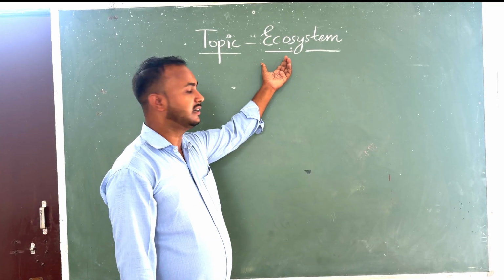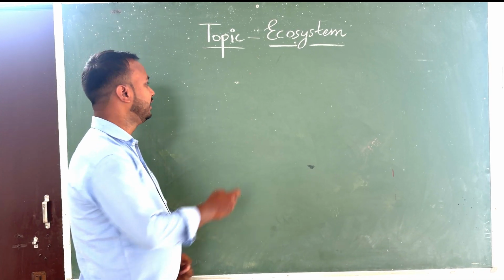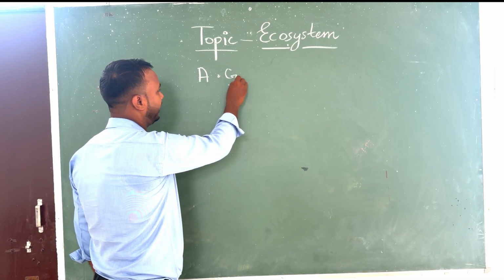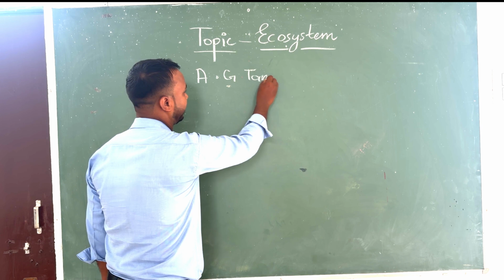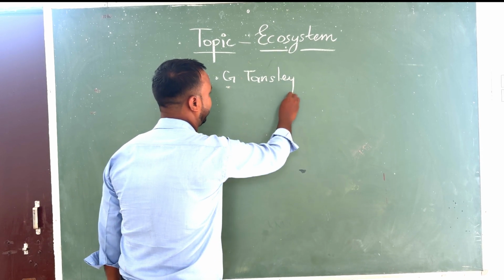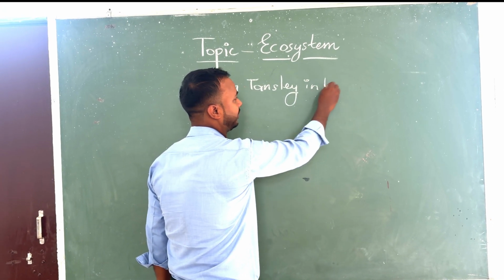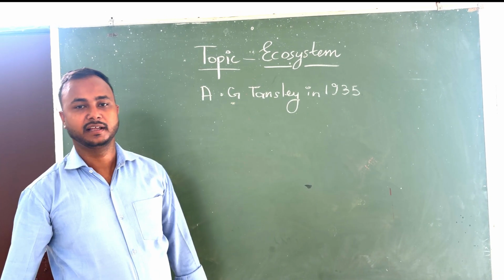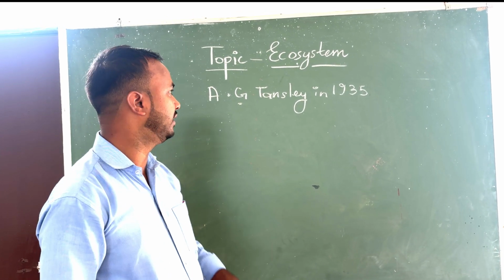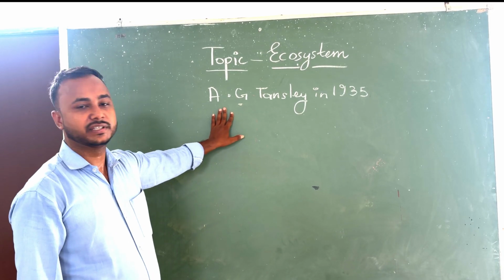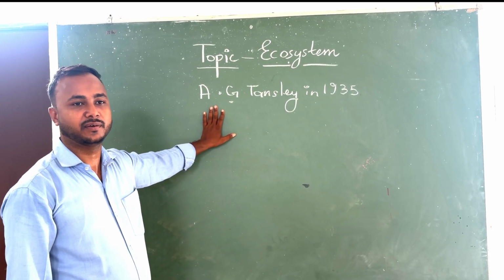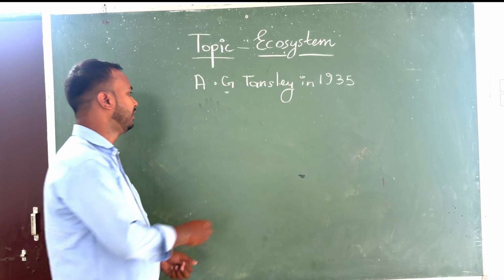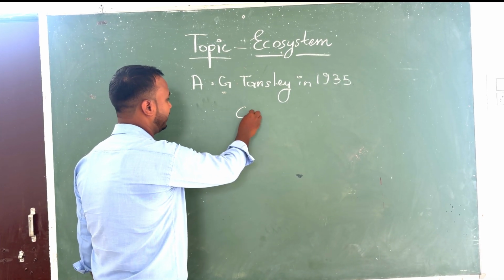The term ecosystem was coined by A.G. Tansley in 1935. According to ecosystem, there are two types of component present,